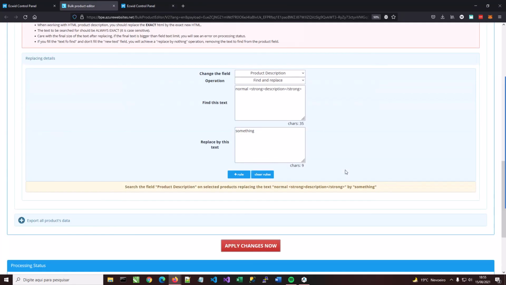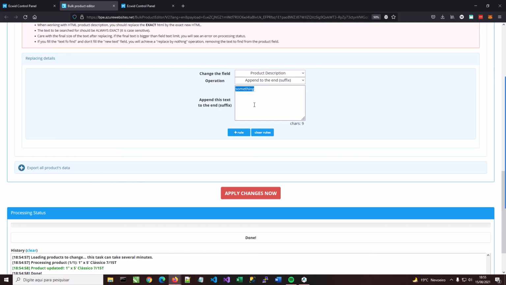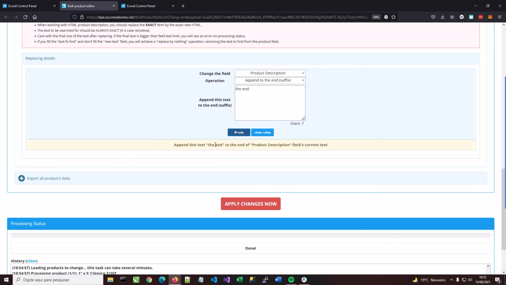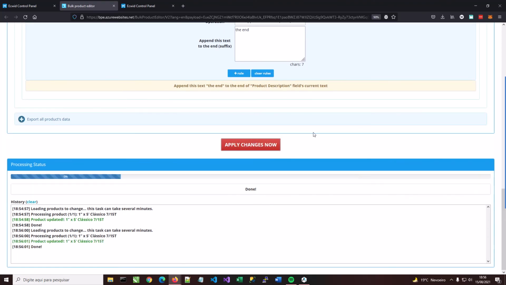And this works for these fields as I mentioned before. So product name, product description, SEO title, and description too. Okay. And we have other operations here that I'm going to show you. So I'm going to clear the rows, and the first thing that I'm going to show you is append to the end. So I'm going to append a text to the end. So I'm going to append "the end" to the end of the product description. So adding this rule, this will write "the end" on the end of this product description. Okay, so let's apply the changes again,